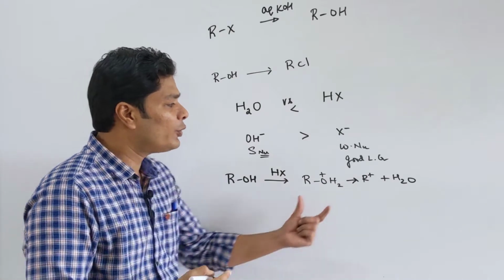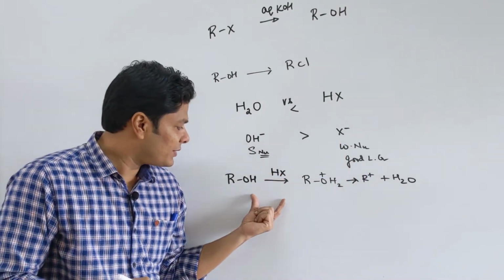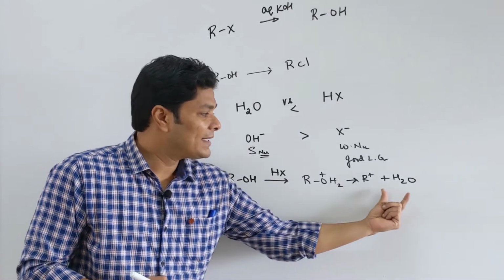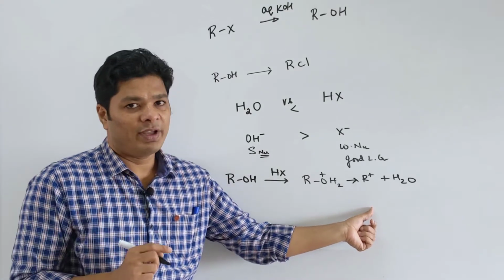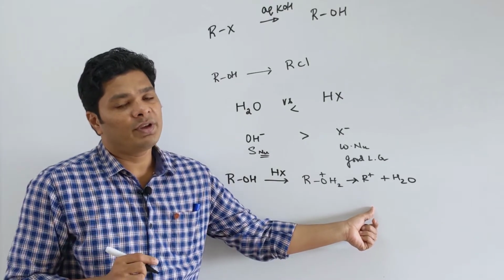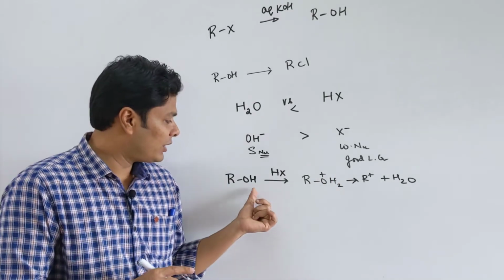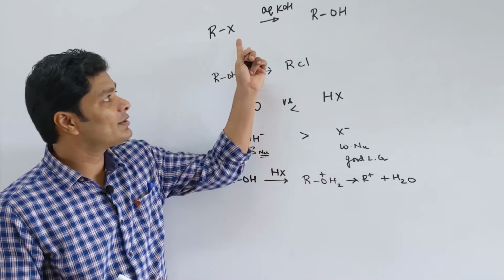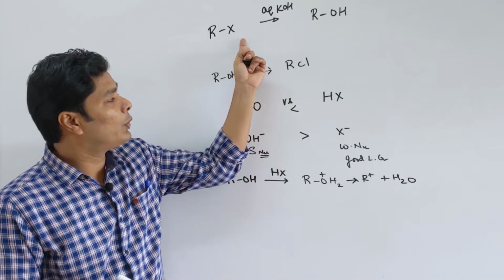Water is not a very good nucleophile compared to X minus. So, basically this reaction is converting OH into a better leaving group, hence I can accomplish what I want. Now, I can put my X minus and get RCl. That is one way you do, or Lucas reagent we use catalyst. So, if you do not use catalyst or we do not convert the OH to H2O, then you cannot do this reaction, only this reaction will happen. But the problem with this reaction is twofold.